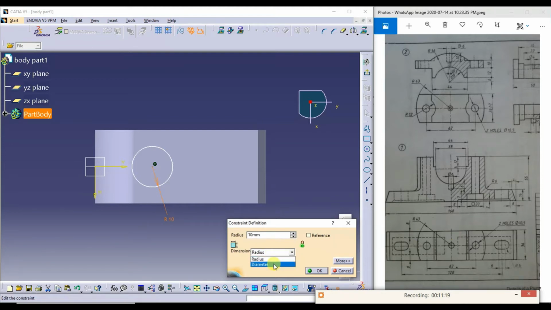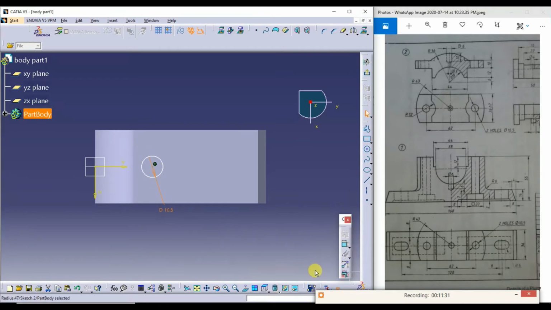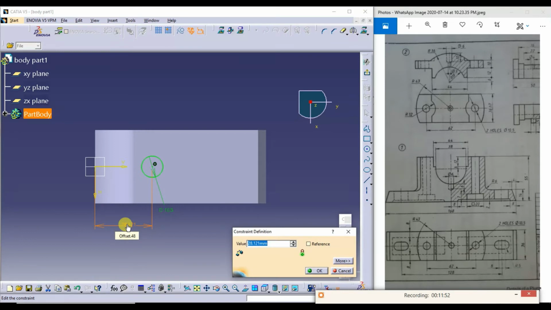I'll take it as a diameter. So from the center it is how much? Half of 62. From here to here it is half of 62.